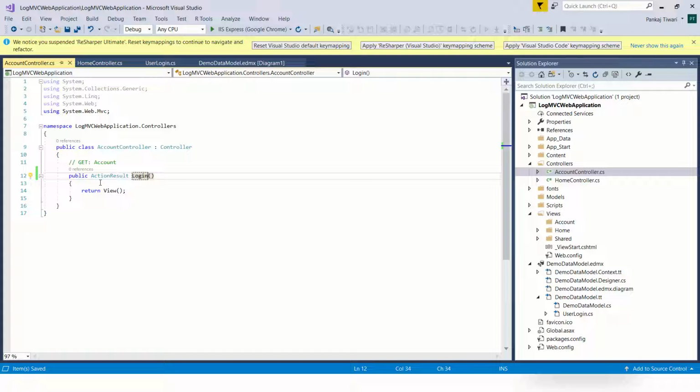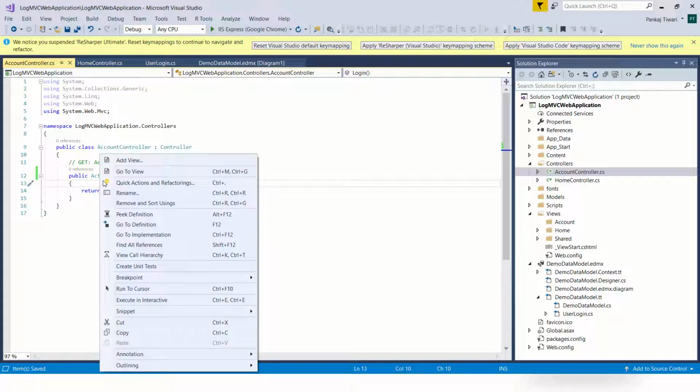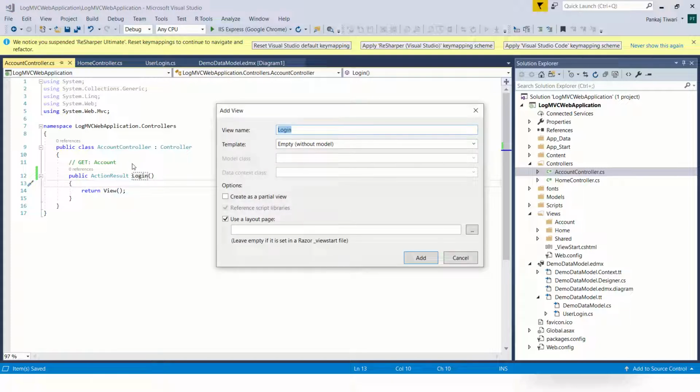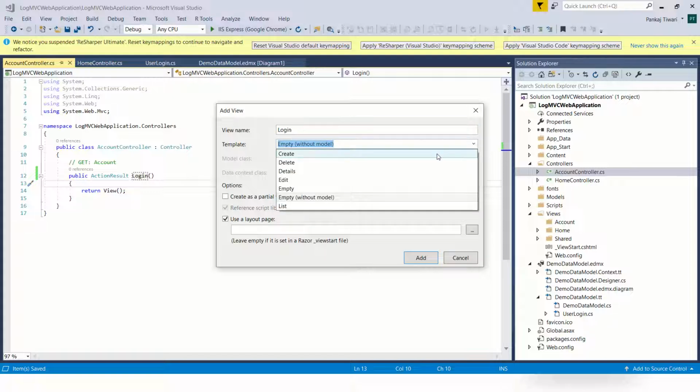How do you add a view in your MVC application? Just right click on this and click on add view. I'm going to create a strongly typed view. So how can we do that? This is the name. Then we can select the template.